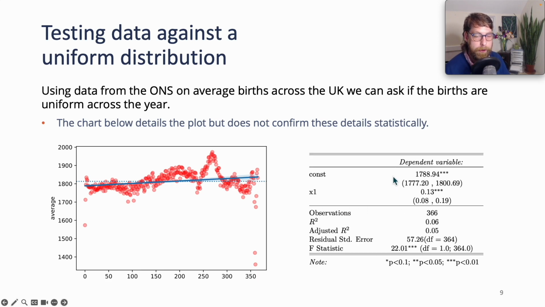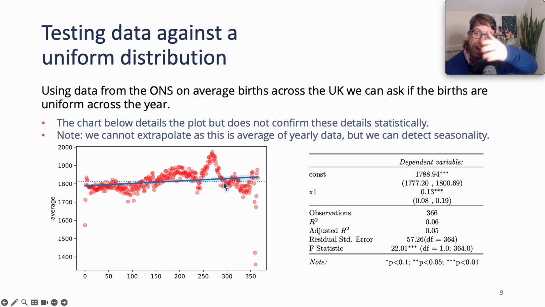So here we have a regression. What we see here is that it does appear to be significant, and it explains a little tiny bit of the variation. We could say that there's roughly about 6% variation in the likelihood of a birth occurring by which day of the year it is. But that's not really that helpful for us. So let's see how we can enliven this chart to tell a story about this